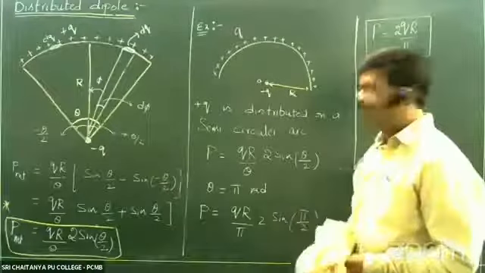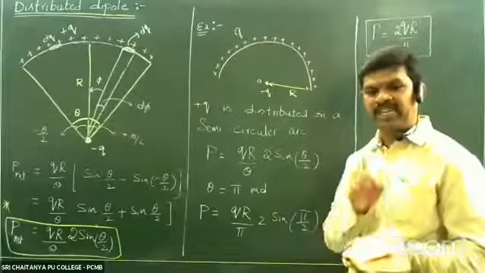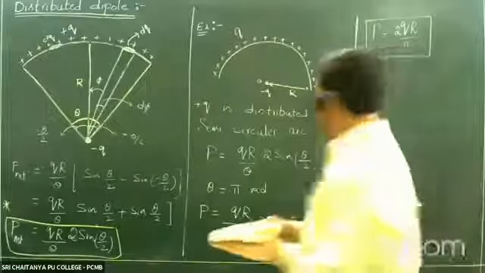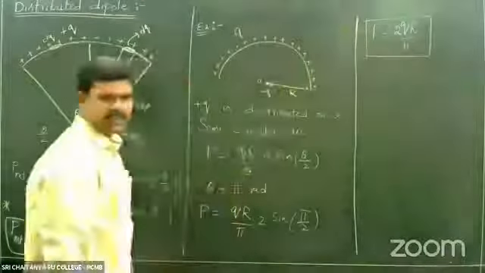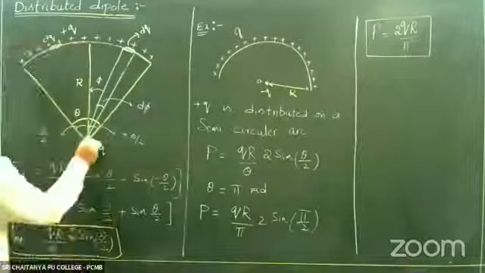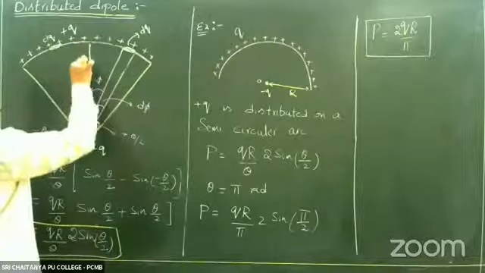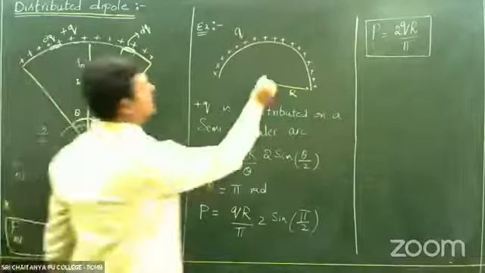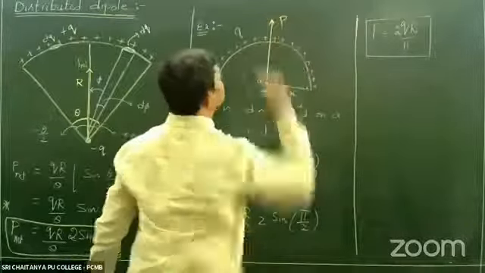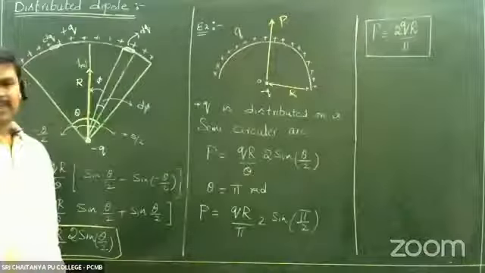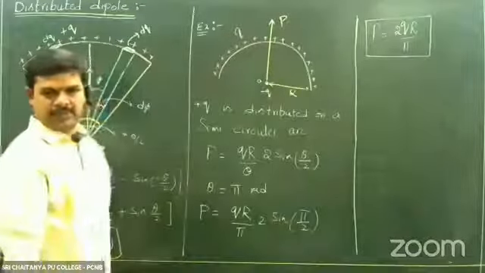Sometimes they ask with the direction. What is the direction of this dipole moment? Because dipole moment is a vector. What is its direction? See, here is negative charge, here is positive charge. If you observe the diagram, net dipole moment is along this direction, right? P net. Here also, net dipole moment direction is along this direction. This is P direction, right? Always from negative charge to positive charge. Okay.